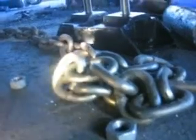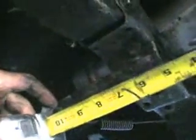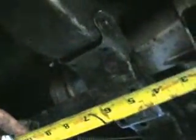I've got myself a mount here, and so now I just need to make me some kind of a bracket to go from this cross member piece over here to the mount. I'm just going to stick the mount in real quick and see where I'm at. Alright, well, I got this mount in. It looks like I'm going to need a piece of metal about 7 inches long, and I've got about 2 inches, 7 inches apart,